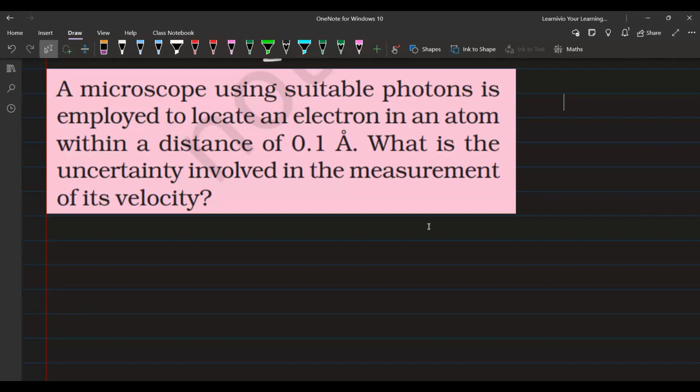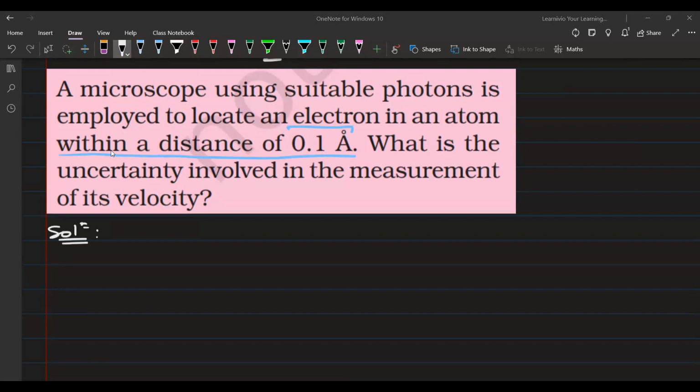Write this question down. The question says a microscope using suitable photons is employed to locate an electron in an atom within a distance of 0.1 angstrom. That means they have given the delta x. What is the meaning of within 0.1 angstrom? It means that we can tell the position of an electron and the error in that position will be